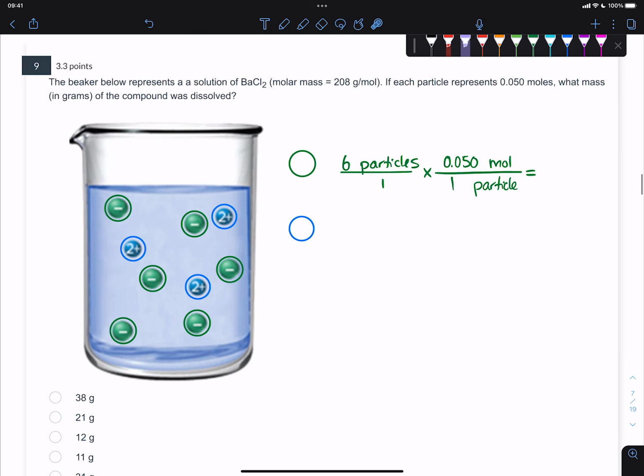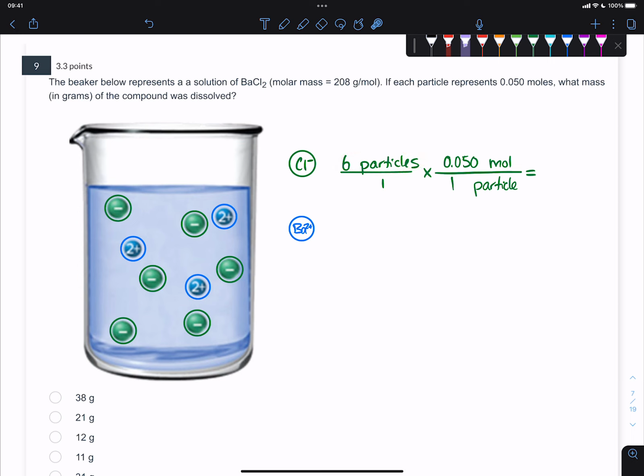So let's take some notes from dimensional analysis, which will always be helpful. First of all, you have to identify which particle is which. The chloride ion is going to be -1, so that's going to be these things there. And then the barium ion is going to be +2, so barium 2 plus. And using dimensional analysis, we can see that there are 6 particles, 1, 2, 3, 4, 5, 6, of